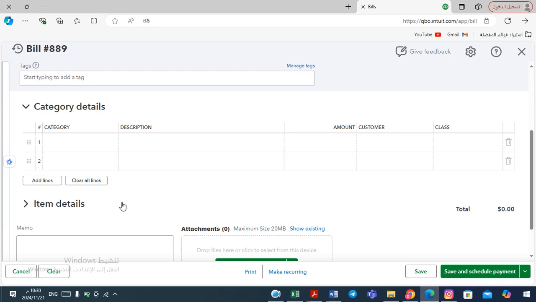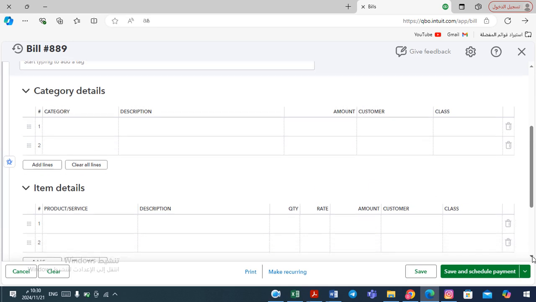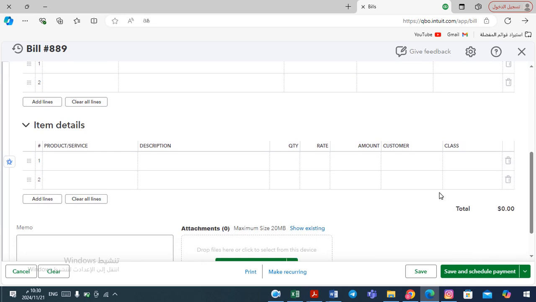In our example, we are talking about items related to inventory. For that, we will go to the item section and begin to fill in the required